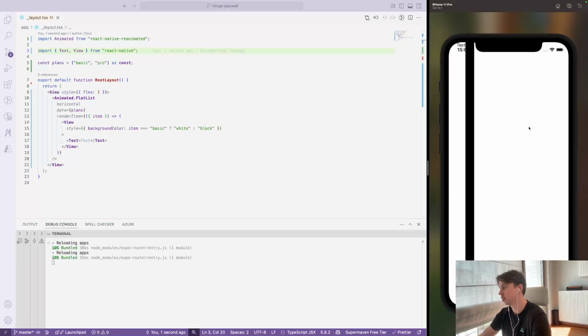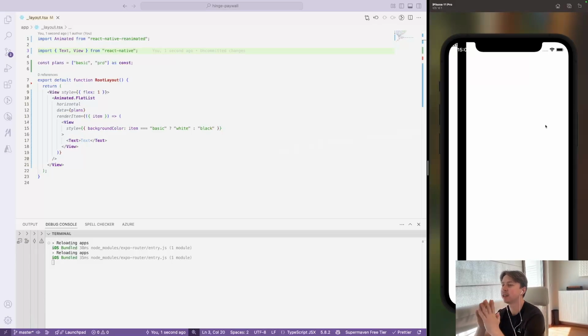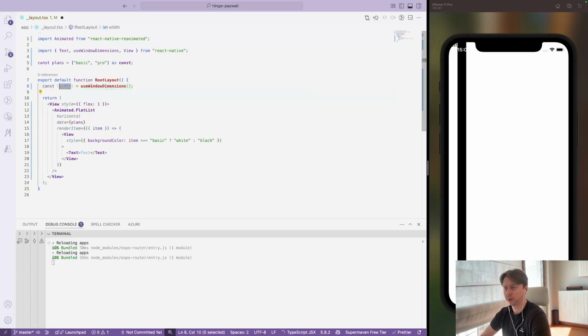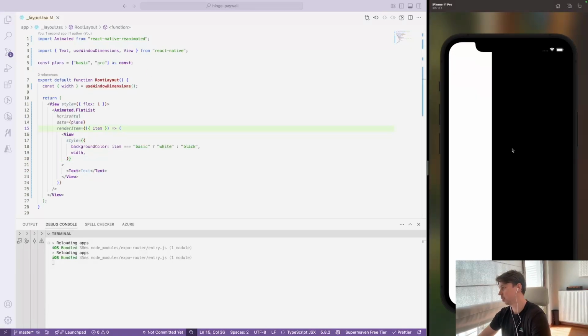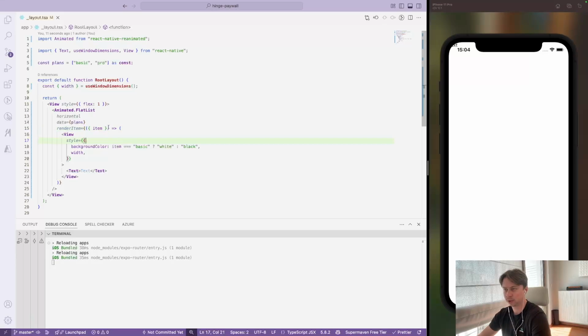Okay, so we see how our flat list now works. The first thing we need is for the items in that flat list to take the whole width of the window of our phone. So we will be using const useWindowDimensions. Yeah, that's it. And we will use the width here. For our pages, we need to set exactly the width of the phone. And here, as you can see, we have a nice scroll, but we need to set